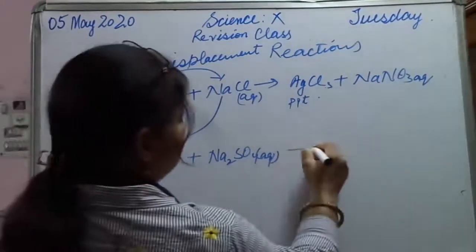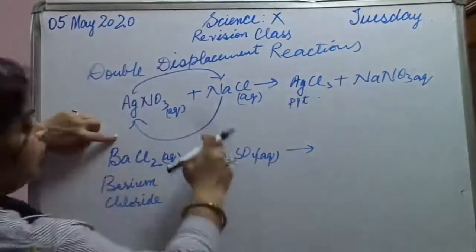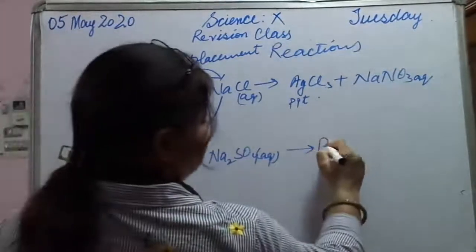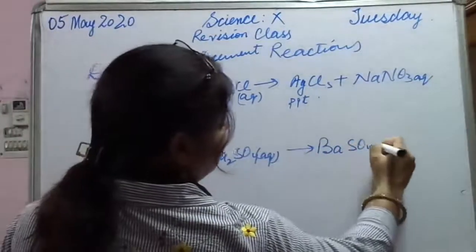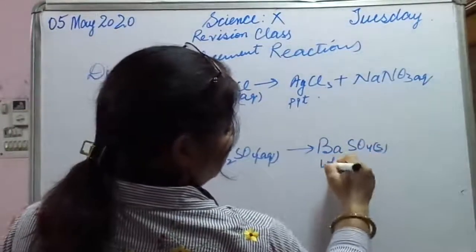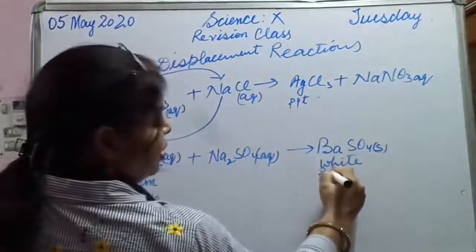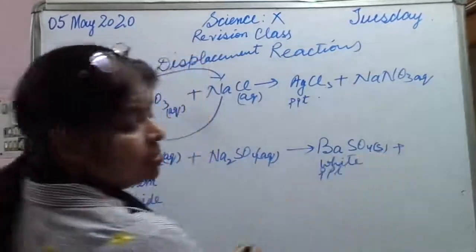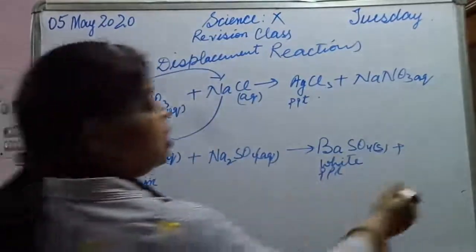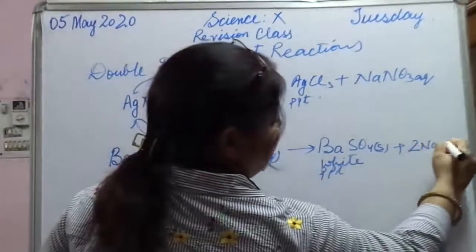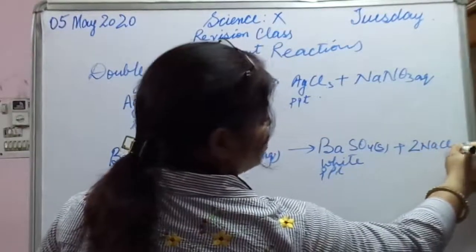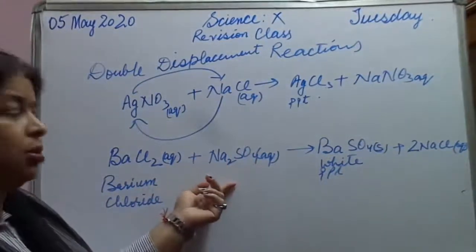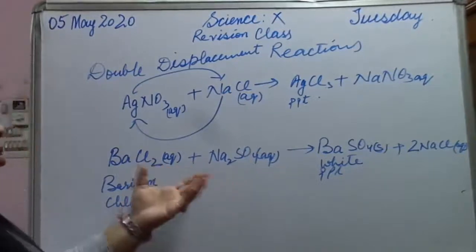Okay. Now the reaction will take place. Ba is going to replace sodium. Sodium will come here, Ba will go there. So it will become BaSO4. It is solid. Why? A white color precipitate is formed. It's a very fast and rapid reaction. BaSO4 is formed, barium sulfate, and along with this 2 NaCl, sodium chloride, in aqueous condition, dissolved in water. Okay, this you will do in your laboratories also. So this is how the reaction takes place.